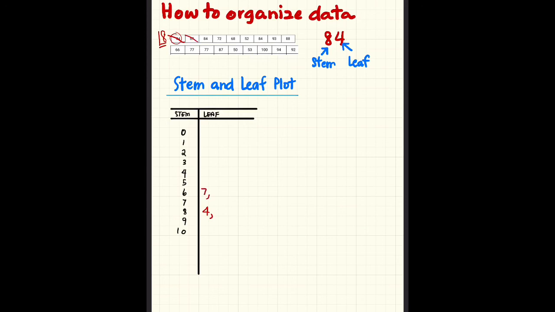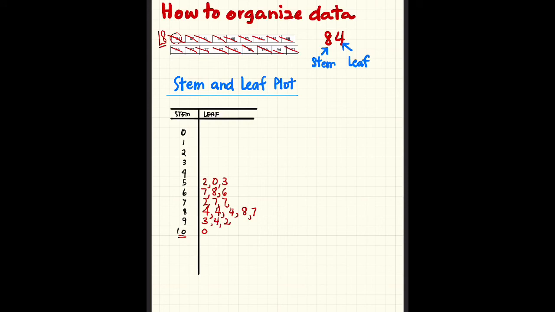67, so 67, another 84, okay? 72, 68, 52, another 84, 93, 88, 66, 77, 77, 87, 50, 53, 100. Now we put the 100 here. See, 100, 94,